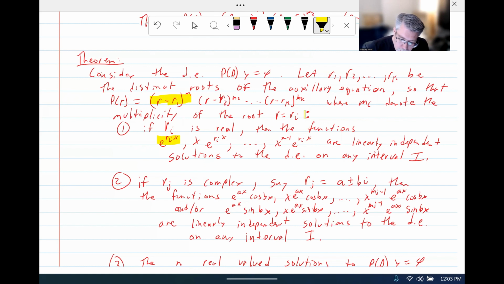That would correspond to having no x in front. Multiplicity 1 means that there are no repeated roots. Okay, so think of this as x to the, probably should have written it out like this, but the idea here,